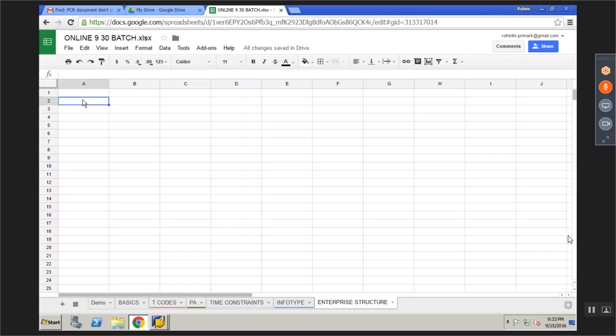So we will start with enterprise structure. Where do we see enterprise structure? Which info type do we see enterprise structure in? SPRO. So if you guys remember the info types,